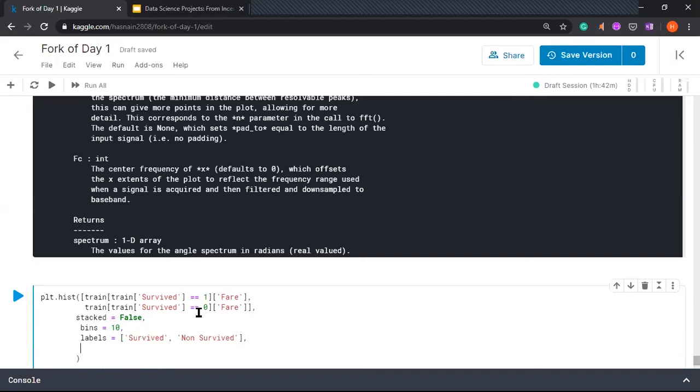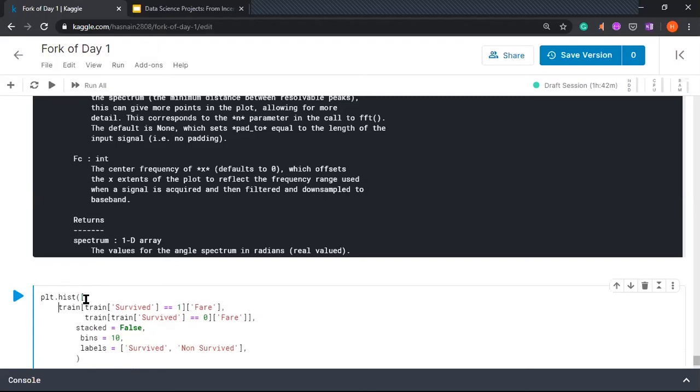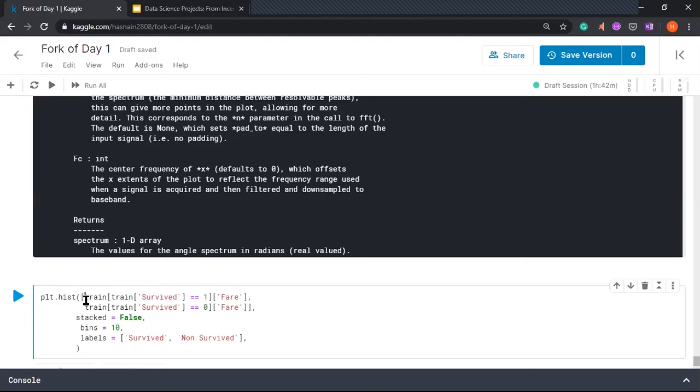So we have used the hist function from matplotlib.pyplot, and firstly we are passing this list. This is a Python list, and what we are passing in it is basically, first, train survived equals 1. So this will generate an array which has ones in place where we have survived.